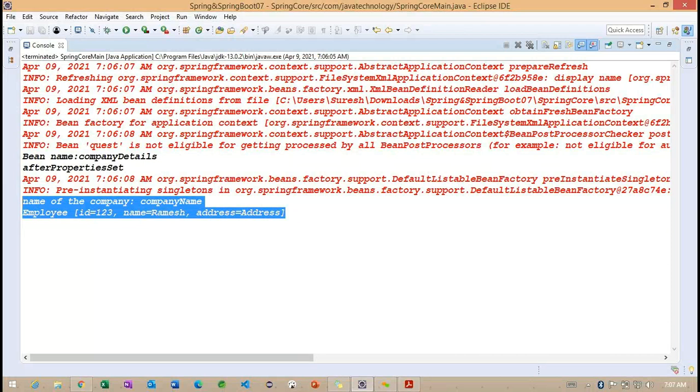Even though we are not going to get anything here, we can happily execute this application and find the output of this bean information. Getting the point? Just for understanding, if you provide the explicit configurations also, we can execute this application without getting any exceptions. This is the reason I wanted to explain how we can work with the explicit configuration of this property. Any questions regarding this explicit configuration?